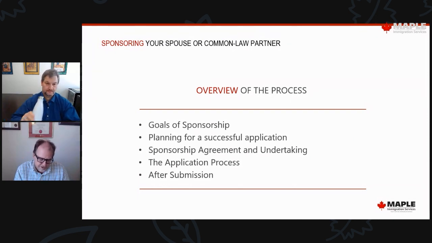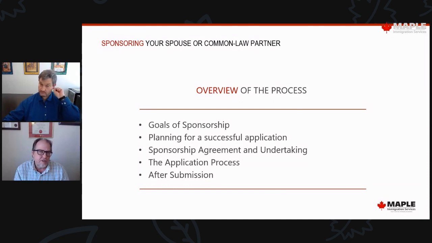Other things that happen before you get your PR. I mentioned criminality before, so the person being sponsored will need to include police certificates from every country they've spent 6 months or more in total since they were 18 years of age. Some countries, you cannot submit the police certificate with the application, and if you're from one of those countries, the government will follow up with you for an update. They will ask you to provide that police certificate, and you need the Canadian government letter to get that police certificate.